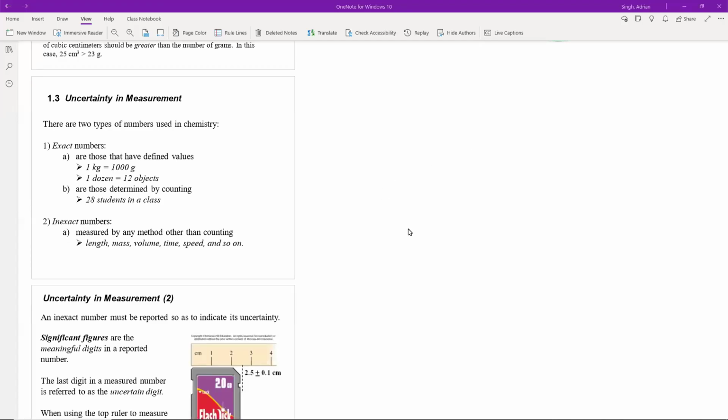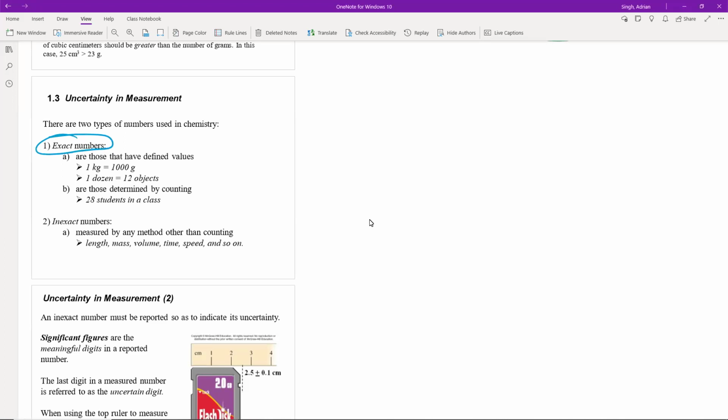All right, so now we're going to take a look at the different types of numbers that we use in chemistry, uncertainty in the different types of measurements that we make, and then also significant figures. So the first thing we're going to take a look at are the two main types of numbers that we use. The first one that we're going to talk about are known as exact numbers, and these are numbers that